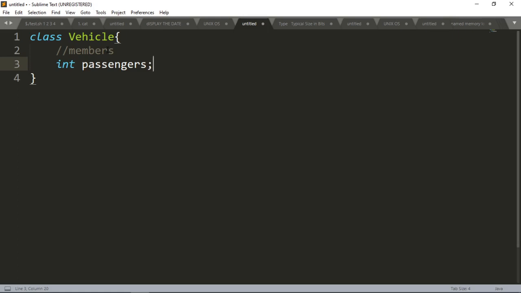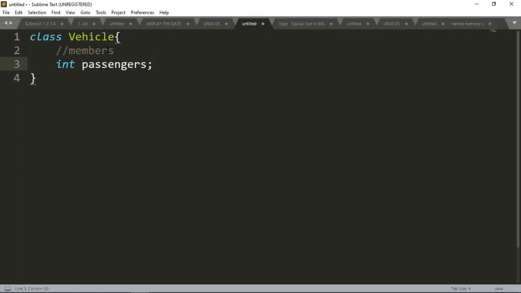But the difference is that all have different attribute values; the attributes are the same. Passenger: a scooty can carry passengers, a car can carry passengers, a bus can carry passengers, but the number of passengers will differ from vehicle to vehicle. Those vehicles are known as objects. For example, a minibus is an object, a scooty is an object, a Swift Dzire or Lamborghini is an object, but they all belong to the class vehicle.